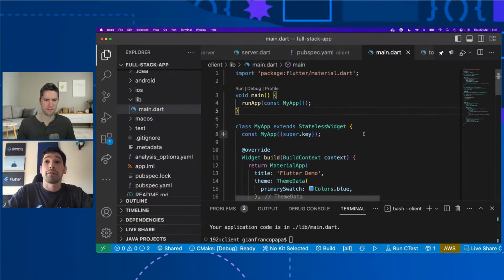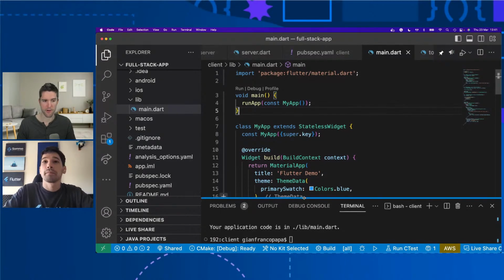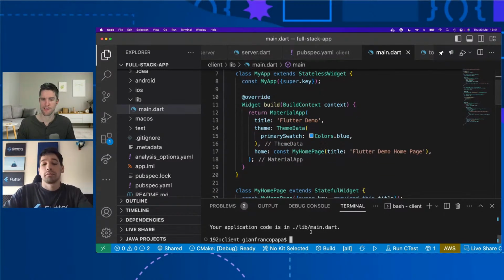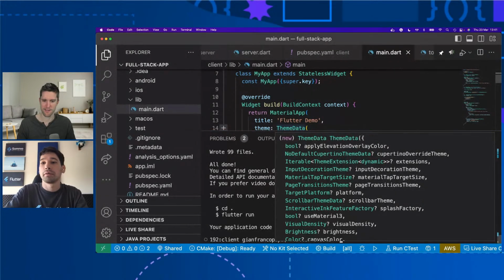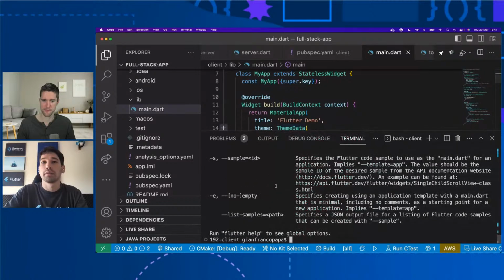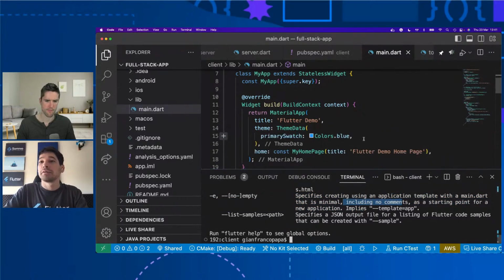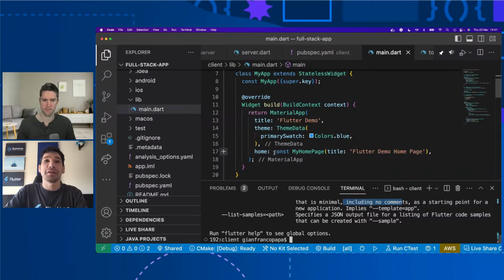Oh, so there's a flag to do that. Yeah, flutter create --empty. Oh, you've already done the heavy lifting. Yeah, but for the future, so --empty. Here we can see it, yeah. No comments. Perfect. That's a nice tip. So we don't have to use regex to clean everything.